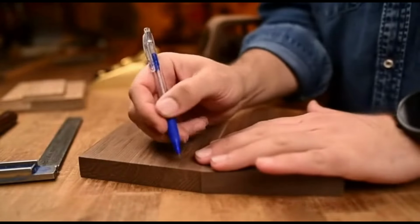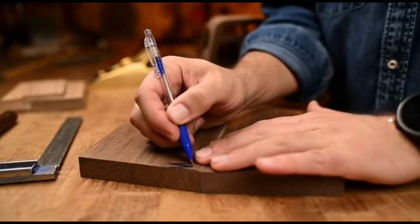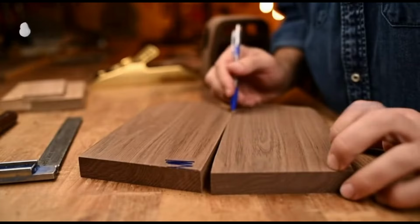These two walnut billets are going to become the doors. They match the body just right, 18 by 12 by 2.5. I set them flush, and with a blue ballpoint, I sketch in the window frame first, then the crease line and the...